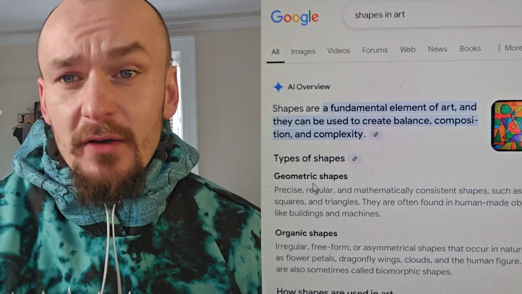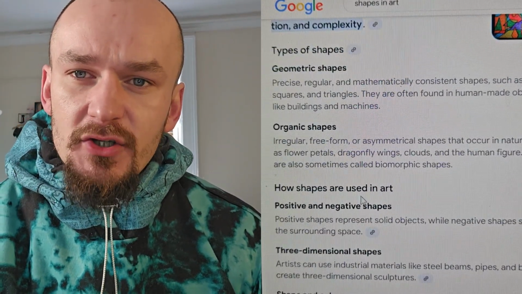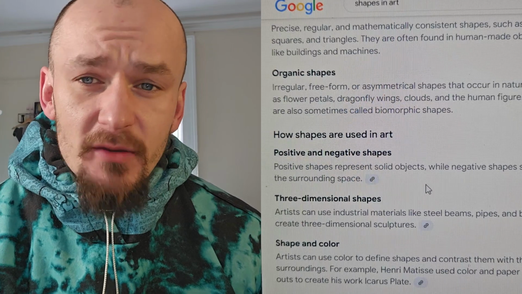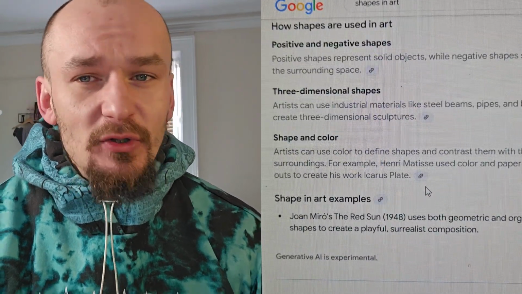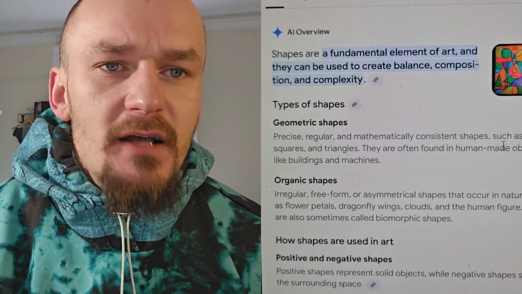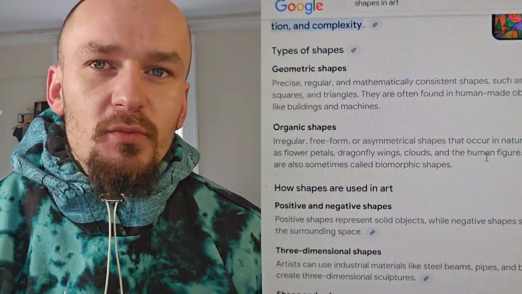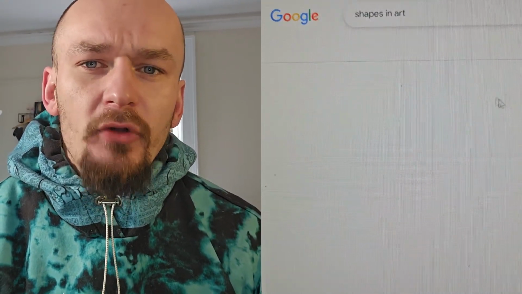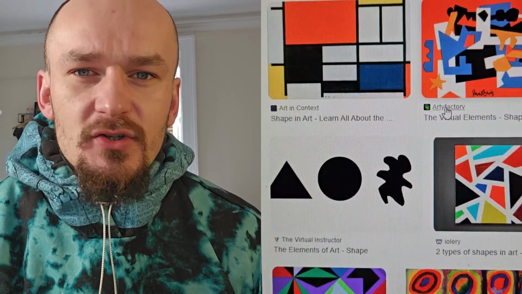We've got types of shapes: geometric shapes, organic shapes, positive and negative shapes, three-dimensional shapes, we've got shape and colour, and then we've got shape in art examples itself. As I mentioned in the previous lesson, we're going to be looking at an artist called Matt Moore today. But first, let's have a look on Google Images at what comes up when we